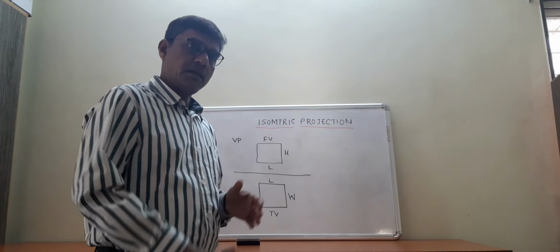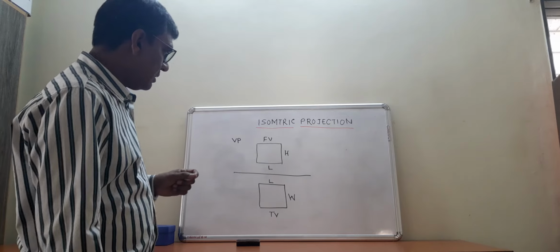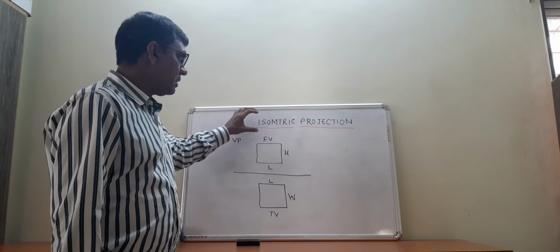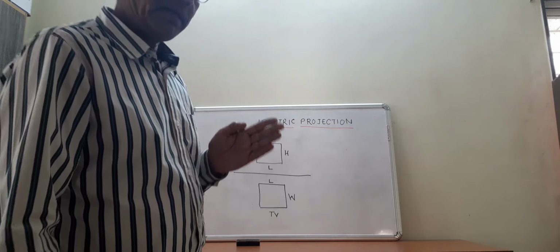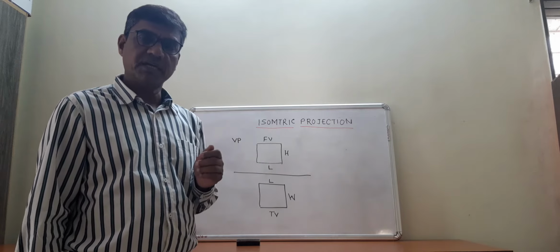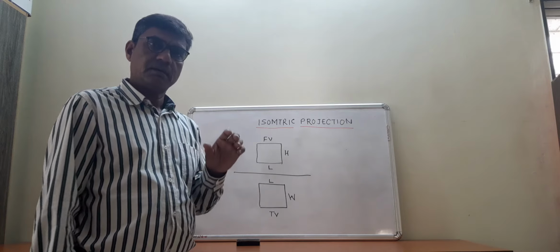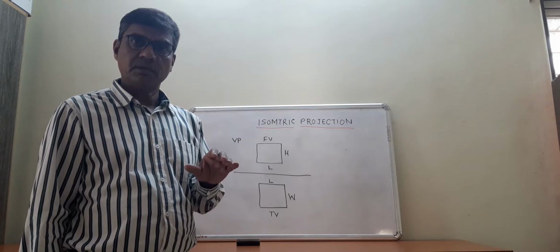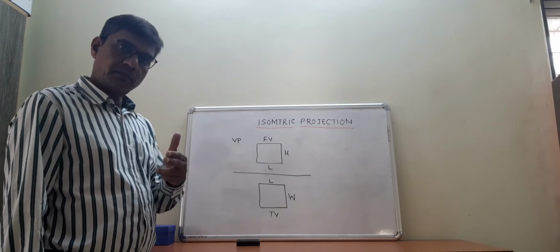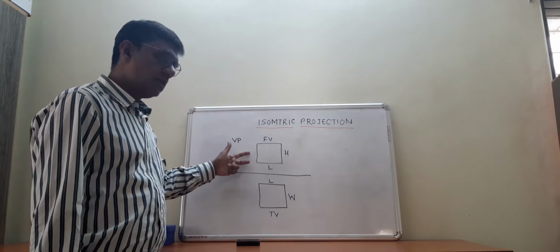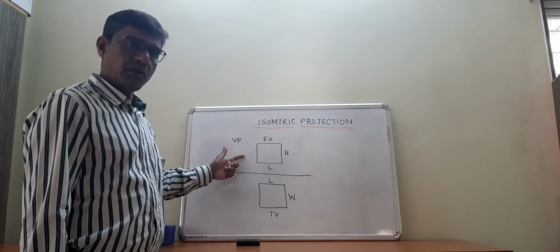And in our previous session, just quickly we will review what we studied. We talked about the meaning of isometric projection, and we said that it is a three-dimensional picture of a given object, and this three-dimensional picture we are forming with the help of input as a two-dimensional picture, that is orthographic projection. And that is why in our previous session we discussed how minimum two views are required for the observer to understand the given object.